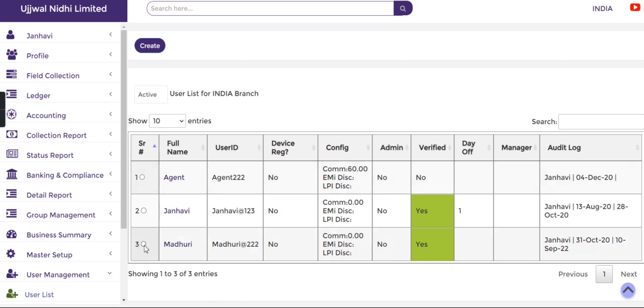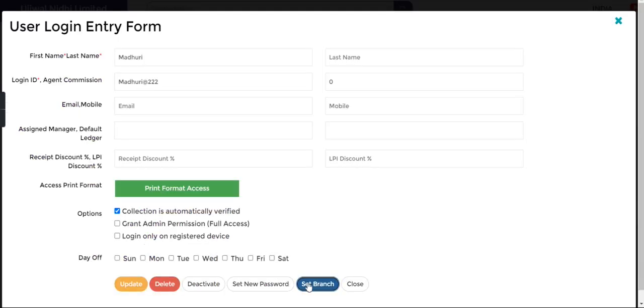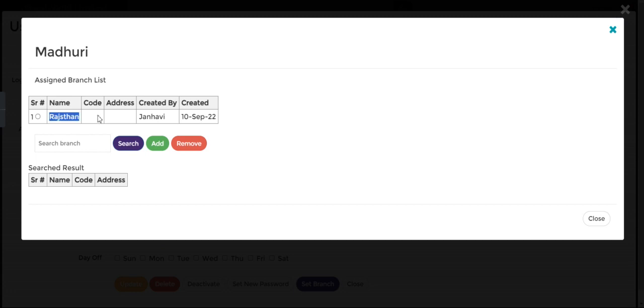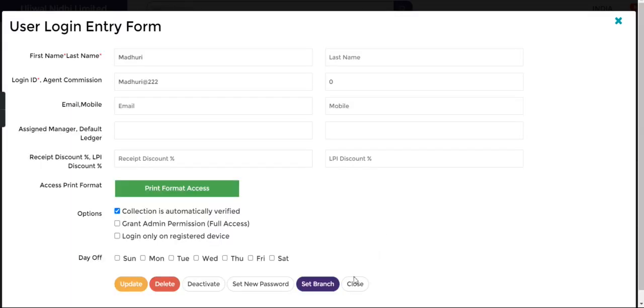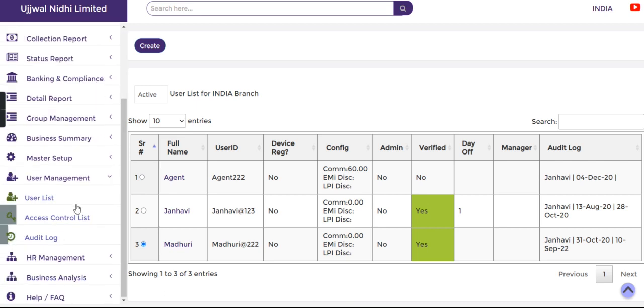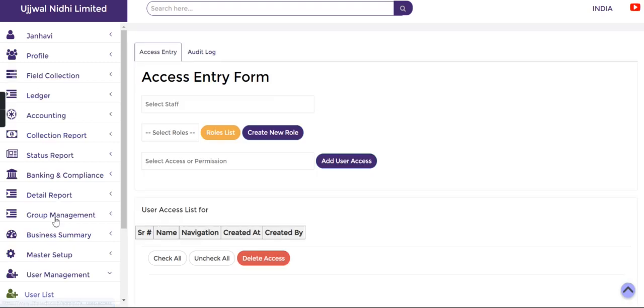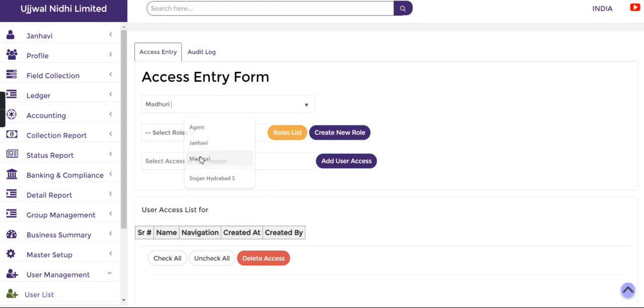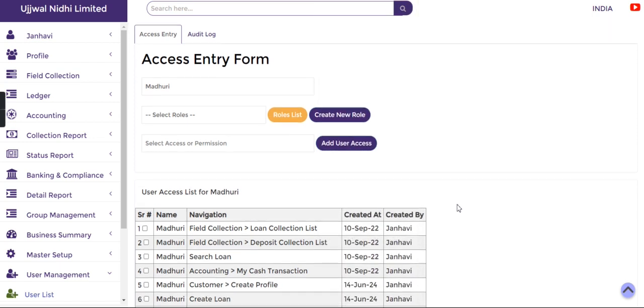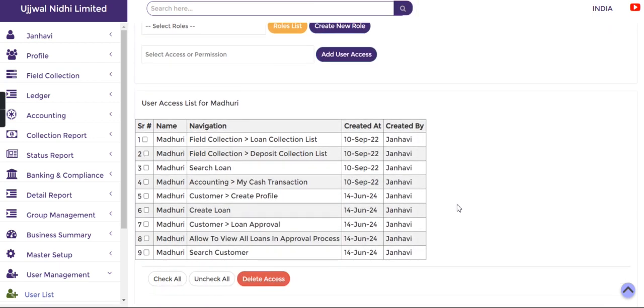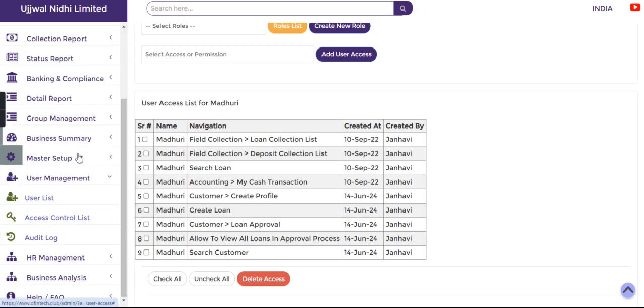Now let's say I have assigned Madhuri the Rajasthan branch. So here I will go to the access control list and I will select Madhuri's access. So here you can see I have given only 9 access to her. So mainly loan approval and allow to view loans in approval process. So this access I have given to her, and in the master setup